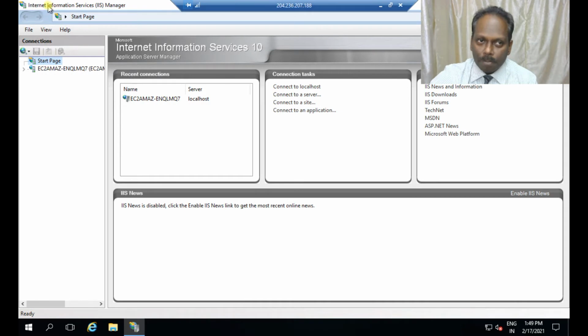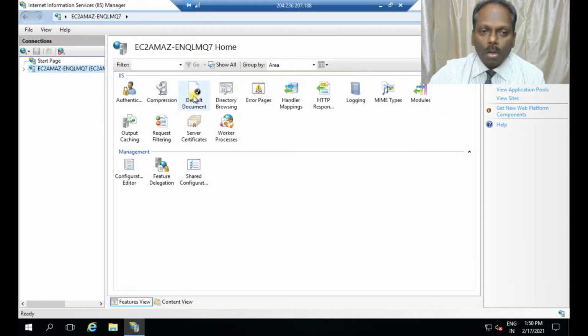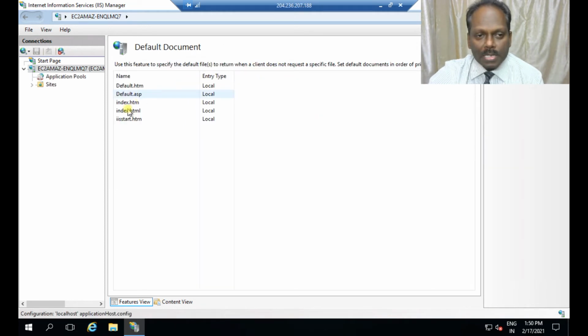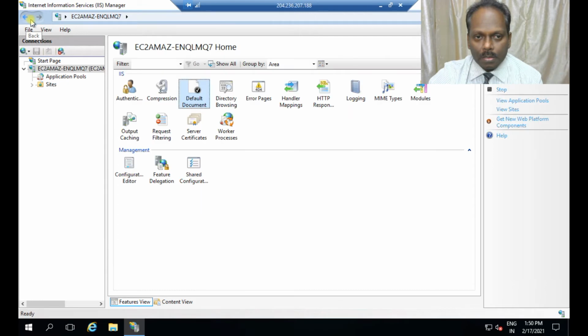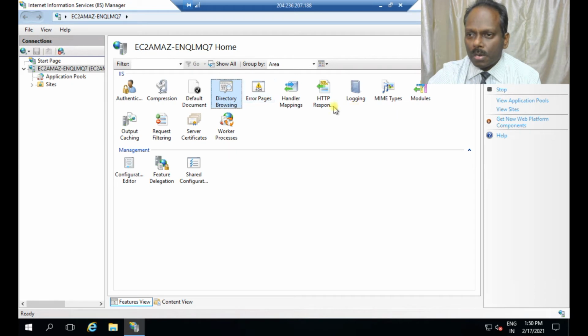So here, once you have completed this, go to this IIS manager. Then only these components will be installed. Just click this particular one, your server name, and now select this default. There are a few changes which we need to do. Default document is index.html. Just move up. Okay, done. Now once again, click back, and directory browsing, you enable that. It has been disabled, you enable this one.